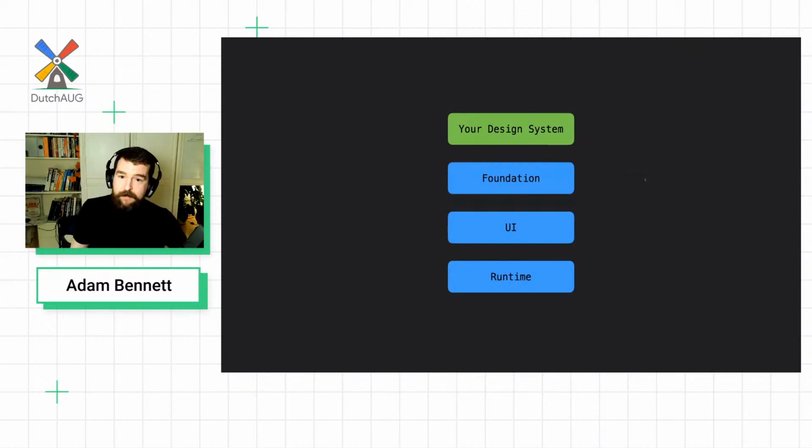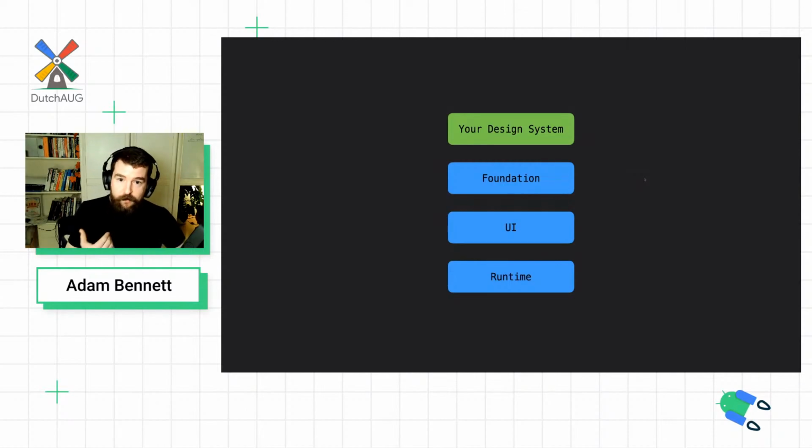You also don't have to make this decision globally. You can pick and choose for individual components. If you decide you need more control for a floating action button because you want to do some fancy animations, you can totally do that, and you can rely on Foundation. But for everything else, you can use the material libraries. And this is the composable nature of Jetpack Compose. You get to pick and choose between them.